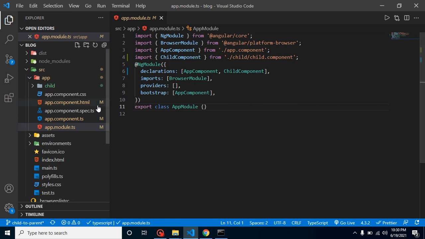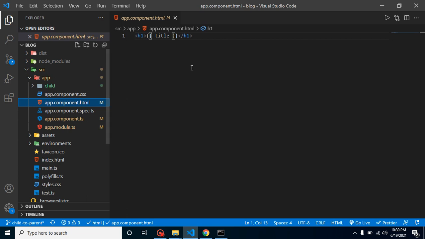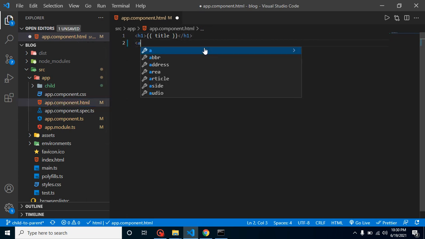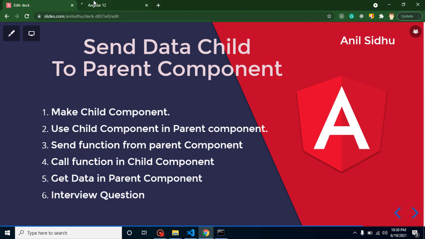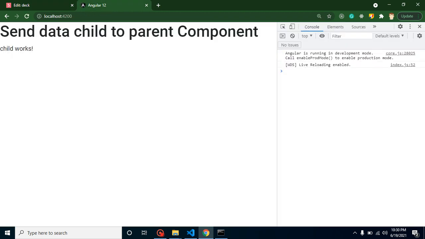So alright, first of all, let's call our child component in our parent component, and just simply define here app-child. This is our component name, and on the screen you can see that this is working fine.